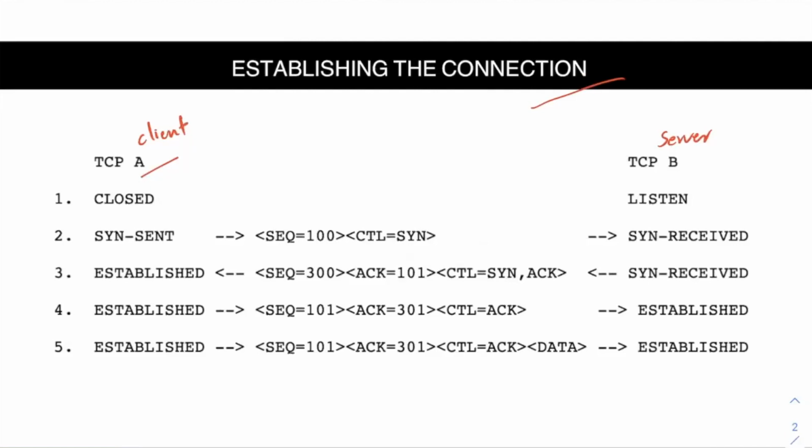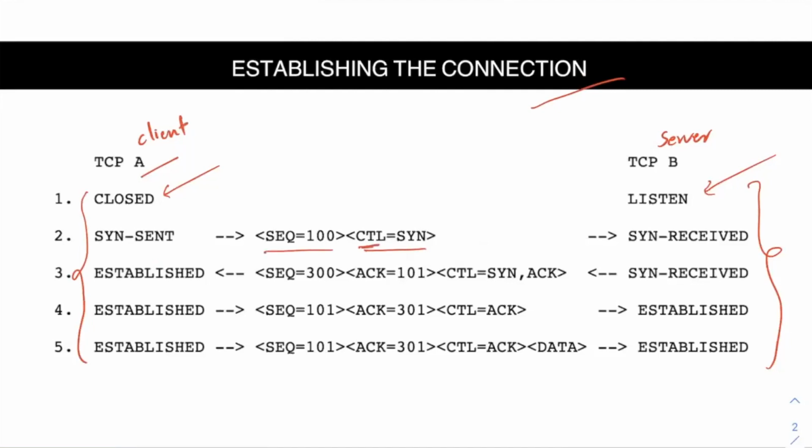Here, I have also mentioned the different states of the socket, both on the client side as well as the server side. Initially, the client socket will be closed and the server socket will be in the listen mode, because the server will always be running, so it is listening for connections. Now, if the client wants to establish a connection with the server, it will create a new socket and send a packet in which the SYN flag is set. If you see CTL, these are the flags, and the SYN flag is set here.